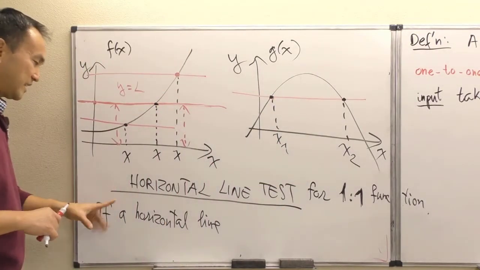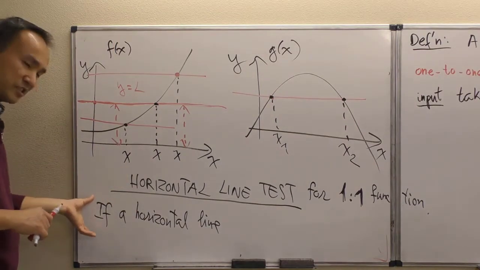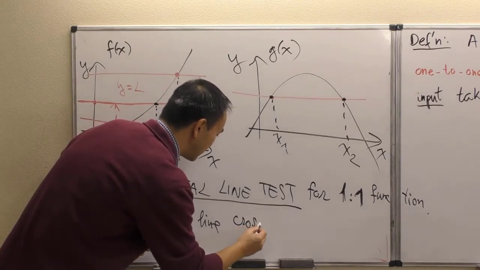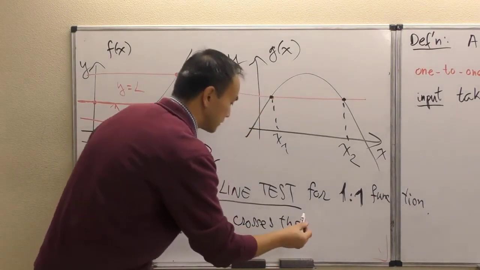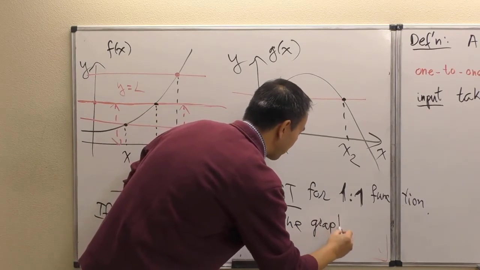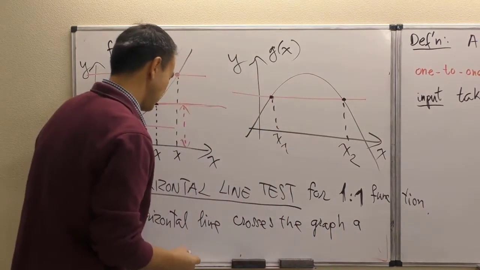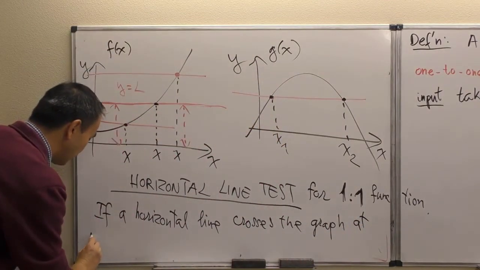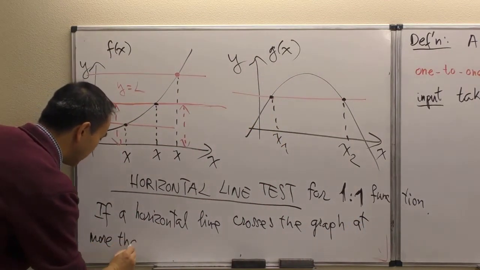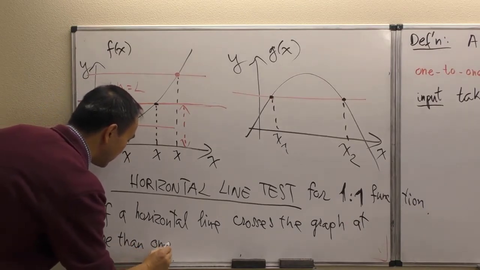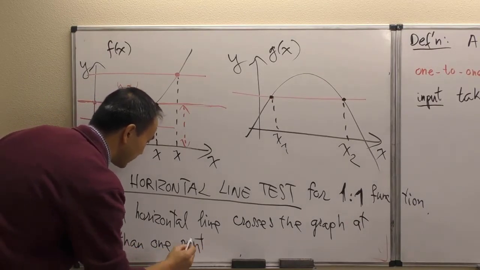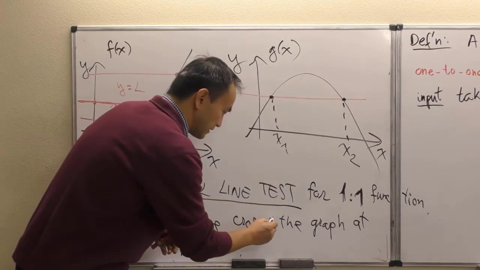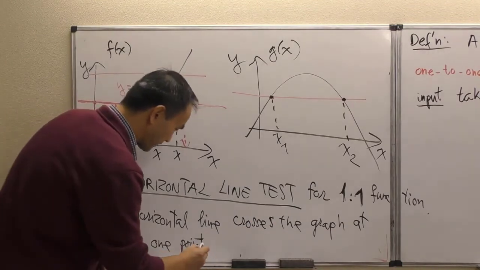And so the whole idea now is that we use a horizontal line test. The statement formally says if a horizontal line crosses the graph at more than 1 point, all right, if any horizontal line crosses the graph of the function at more than 1 point, okay,